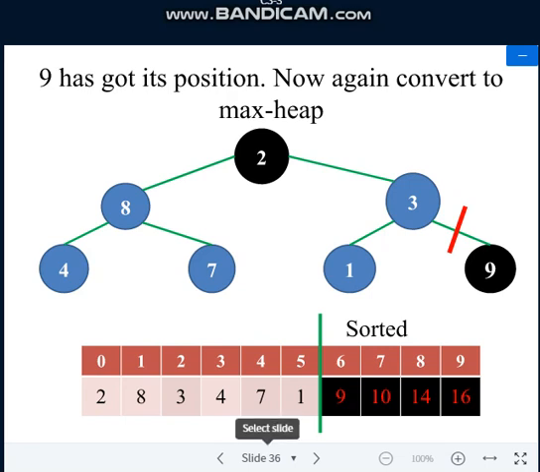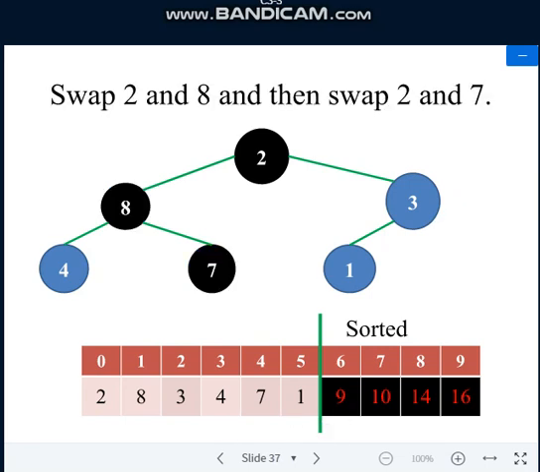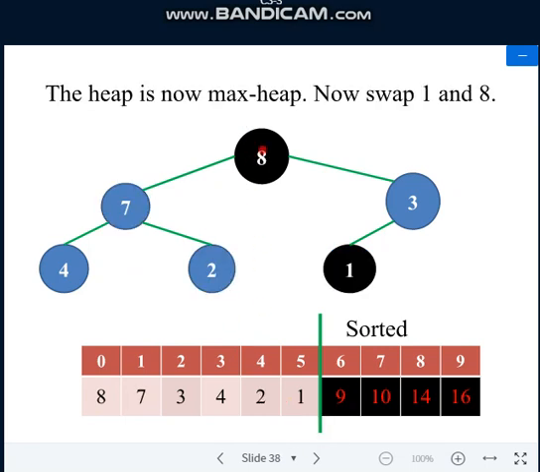Okay. So now again among the remaining tree you have to check, again construct the max heap tree. So again you are going to compare 8 and 2, 8 is greater. So, 8, 2 and 3, among these 3, 8 is greater. So, 8 will be the root node now. And then again 2, 4 and 7, among these 3, 7 is greater. So, 7 will shift here. So, these 3 nodes will get swapped. So, look at this. Once it is swapped, this is how the tree looks like.